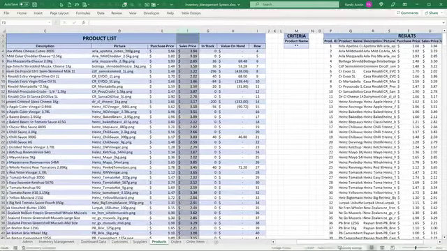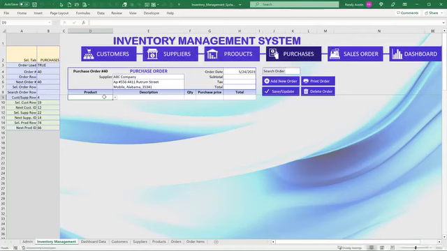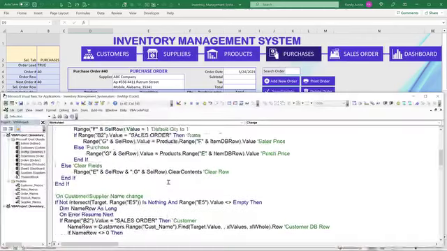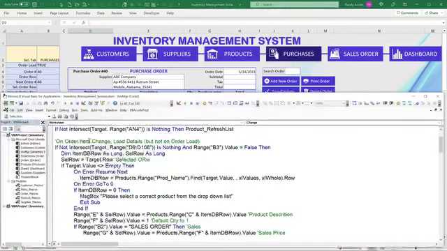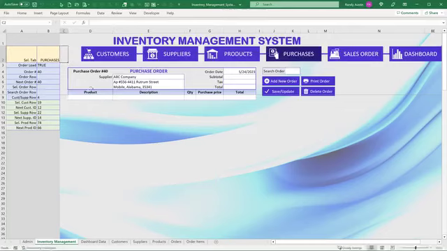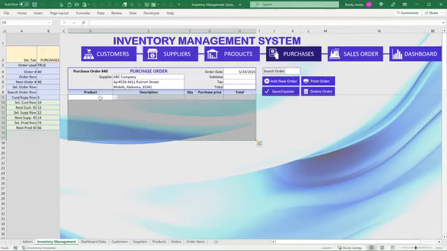So we can take a look at that. And that's going to happen on a change of D, anywhere from D9 all the way down. So let's take a look at that. And that's going to be up here. On order item change, load details, but not an order load. What does that mean? That means when I'm loading an order, if I put in an order number and all the products load on that order, that kind of change, I do not want to automate the description, quantity, and price. I only want to automate it when the user manually